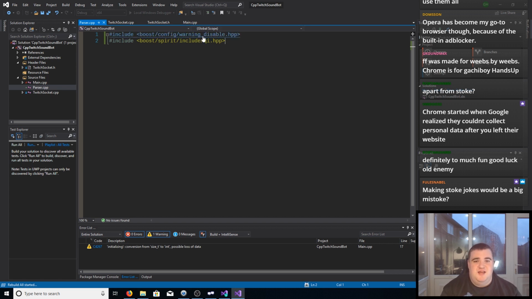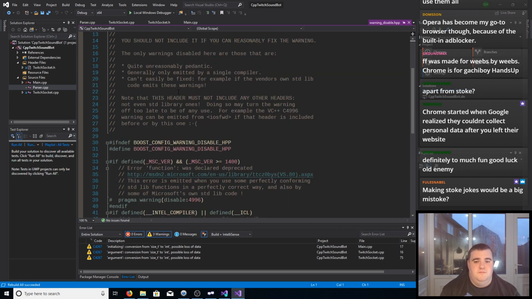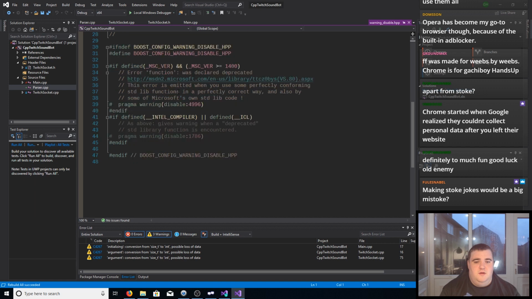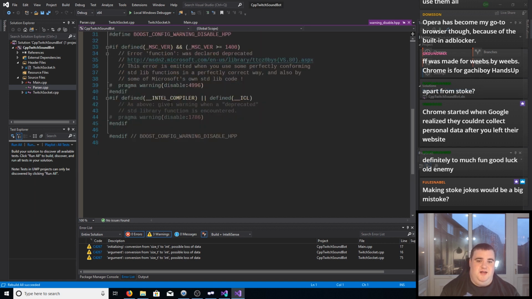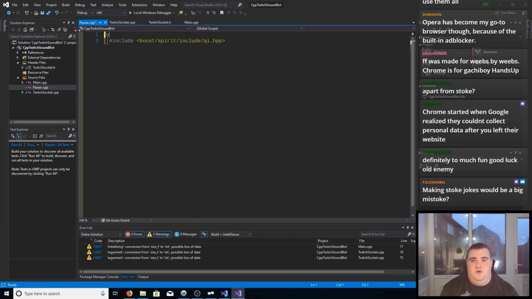What does this warning disable header file actually do? Some overly pedantic warning emitted by certain compilers. Okay. So, it's only Microsoft and the Intel compilers that are apparently moaning. Let's take out that warning disable, because hey, I'll let the warnings live for now. So